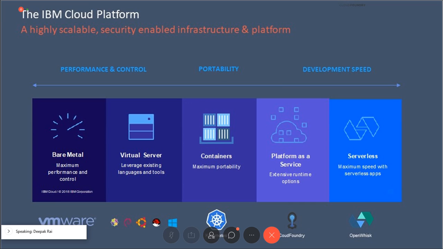Now, that may not be the case in most of our competitive cloud offerings. Not everything may be an open source product over there. But what we do is, we want to leverage most of the open source platforms we have, and provide them as a service on the IBM Cloud. So moving further,